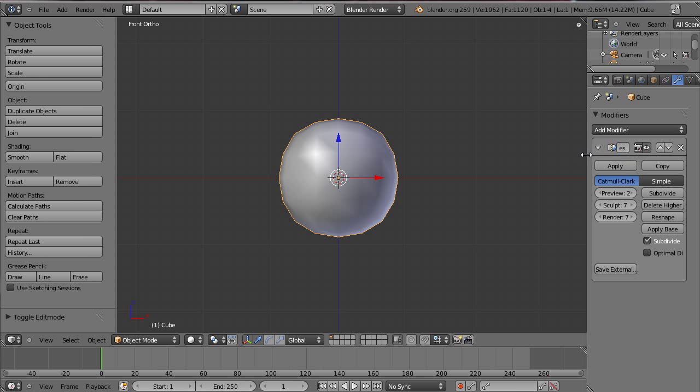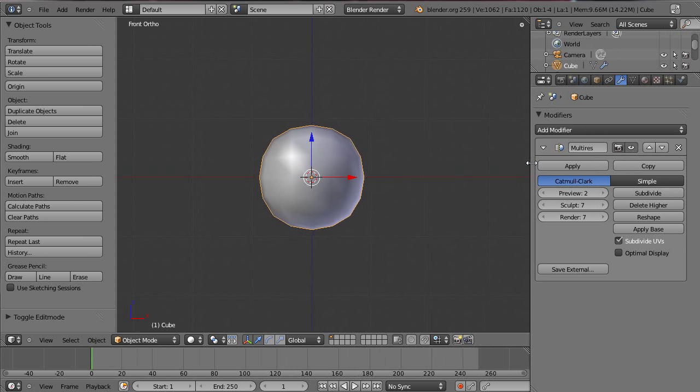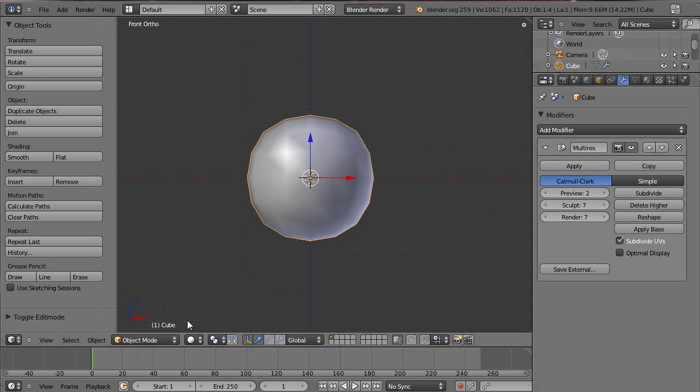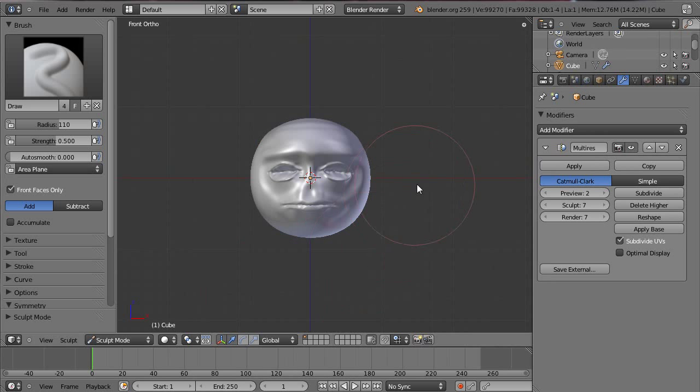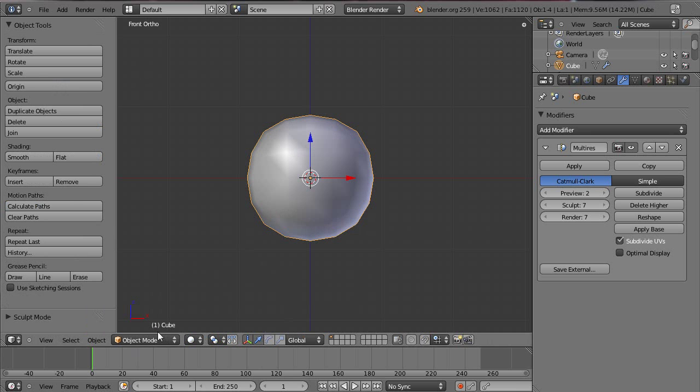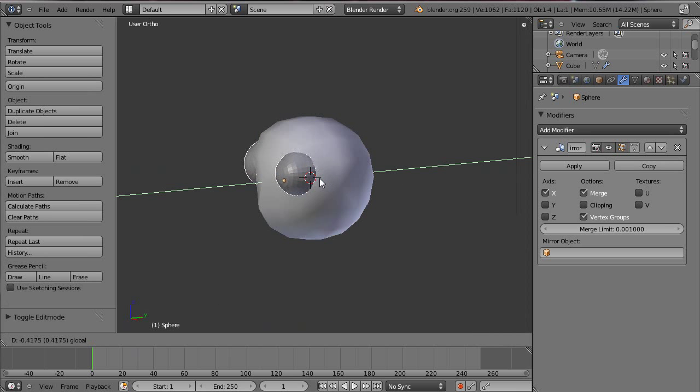Now let's go back into where's my spheres? There's my spheres. So bring them out.